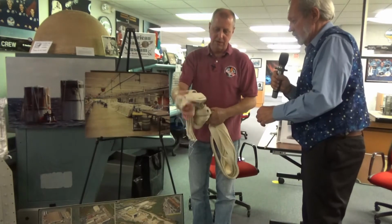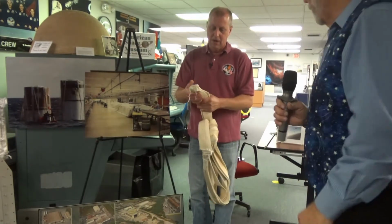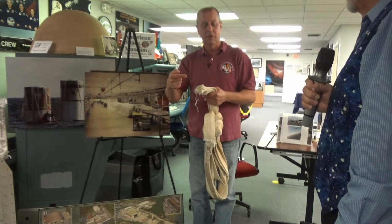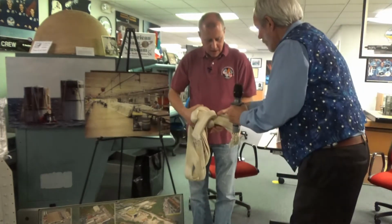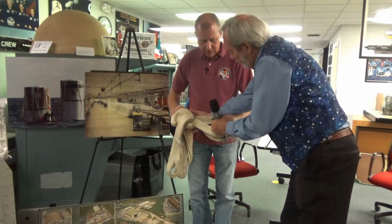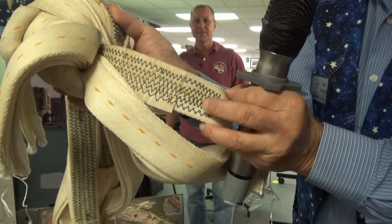Yeah, when we built this, and I've got a funny story when we get to this one later. When we build these, we actually build it as a continuous loop. So we have to join those two ends, and they would overlap. And then after they overlapped, we would do this stitch pattern of 5 rows of zigzag stitching. I'll show you what we're talking about there. The stitching on that to connect